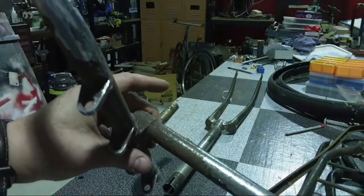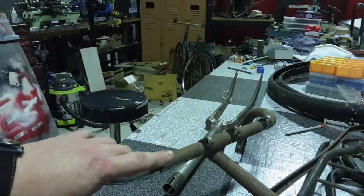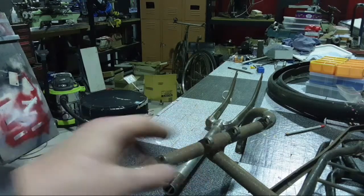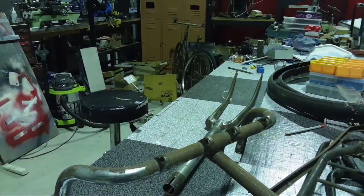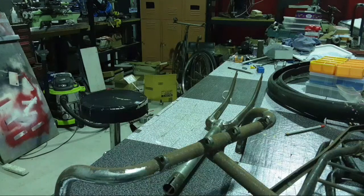But these are a bit of a mess. If I could set this up somehow and line bore it, would be really awesome. I don't know how you do that. I don't have any answers for this. But these really need boring out, and they could do with bushes. You could just press bushes in them, which would be all right, or you could press bushes in and weld them. But you also need a pretty good vacuum cleaner, because sand gets everywhere. Mart's got a fair point. You could just ream them from this side and ream them from that side, and they probably don't line up anyway. That's probably fair. But the brake levers,